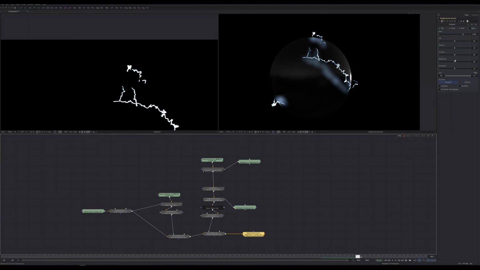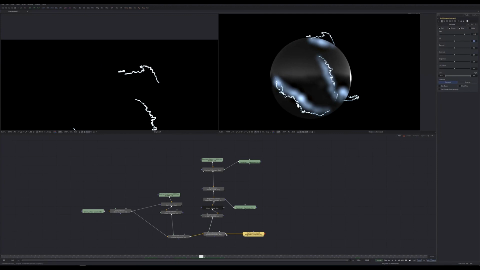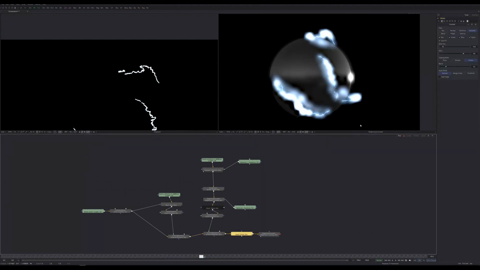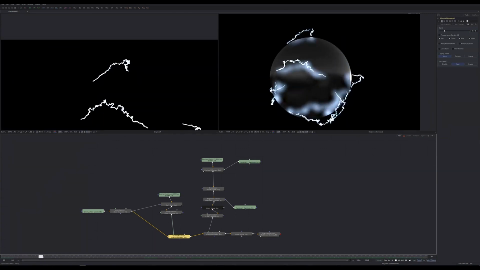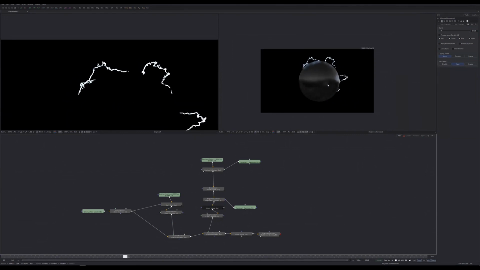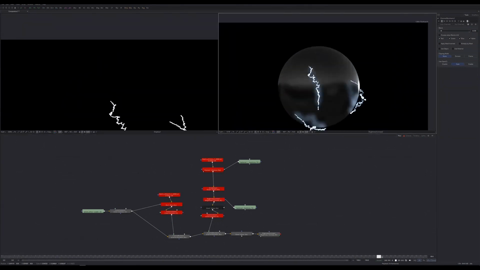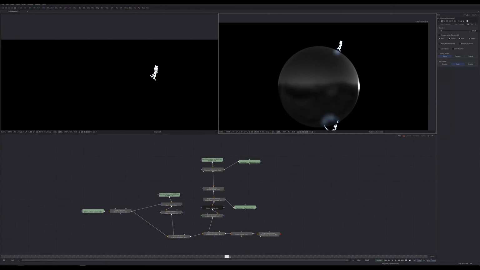And still put a little glow there maybe. So yeah, that's basically how you can do electricity, and if you tweak this, you can get quite cool